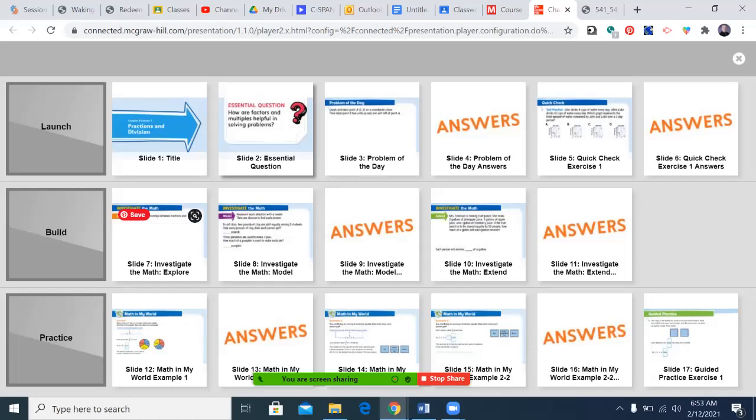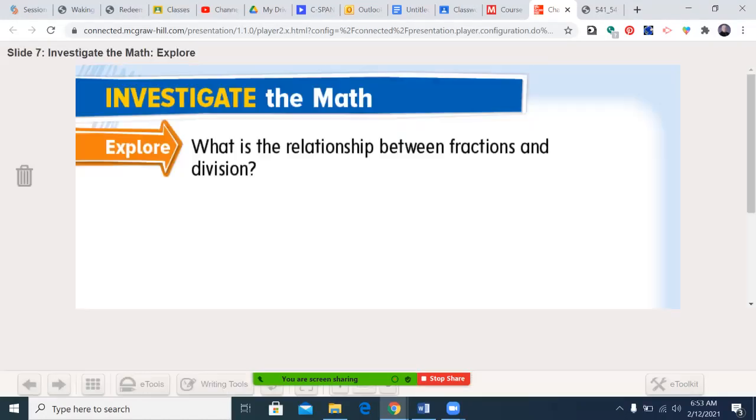But first, let me model this for you. What is the relationship between fractions and division? Go home today. Find one cookie. Go up to a sibling and offer to share the cookie. What are you going to do next? You're going to split it in half. In half, which is written as 1/2,